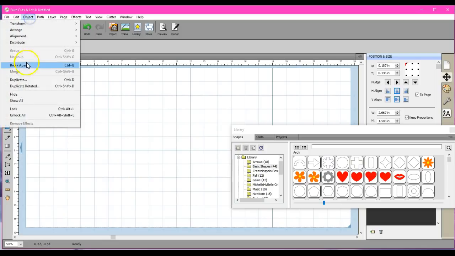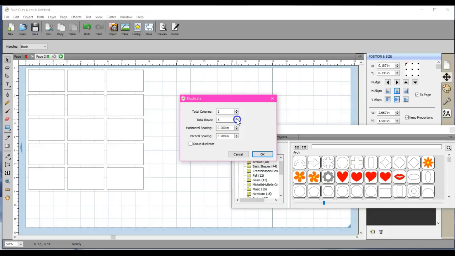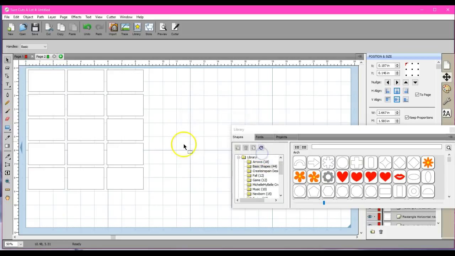Okay, object, duplicate. We'll do 3 columns, and we'll do a couple rows. Now, you can either keep this column for like your SS6s, your SS10s, your SS16s, whatever stone size you have is how you will cut these, okay? So let's say I'm going to do all SS10s. So this one,